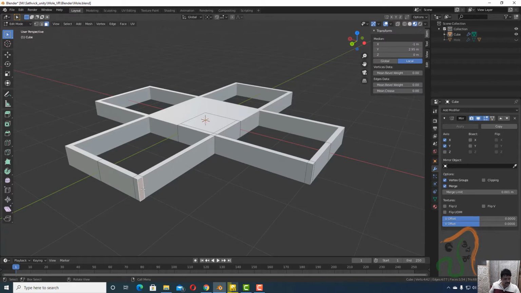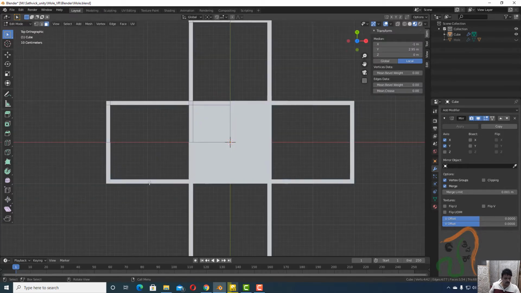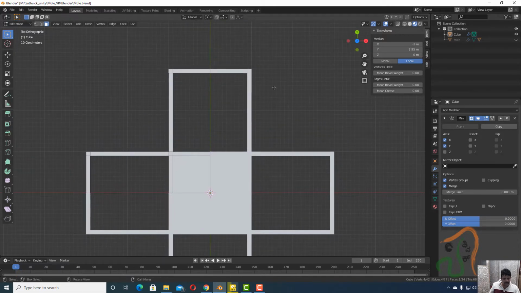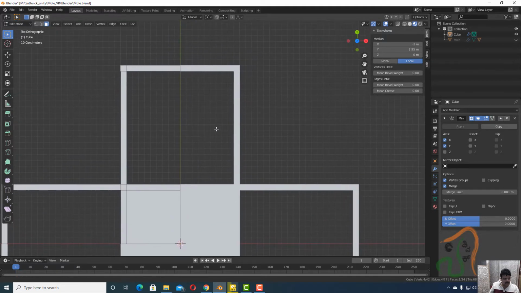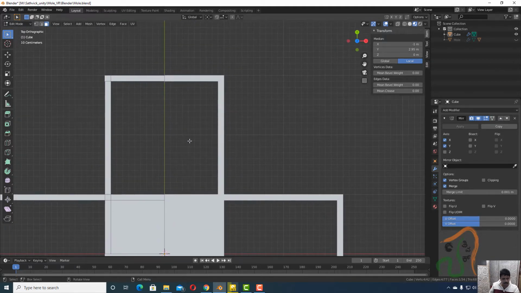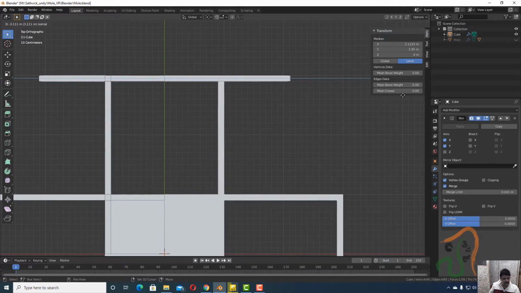Now next let us select this face. Okay, and with this face selected, now come to the top view, and with shift and middle mouse pressed, pan it down and press E now. Let us zoom it a little in this area. Okay, and then press E, and now you can see it gets extruded, and when it is extruded you can just drag it to one position back here. Okay, so somewhere to this position.